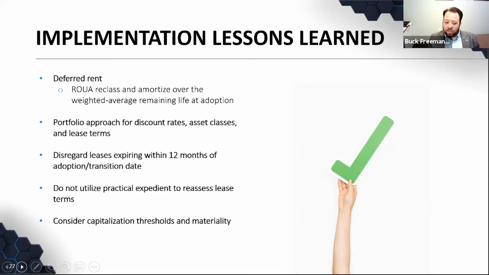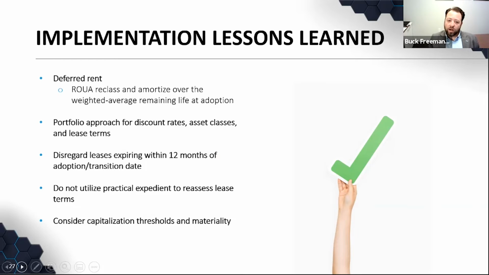The trouble with that is that the software systems that do all these calculations for you for 842 typically calculate a cumulative difference at transition that does not equal what you've been maintaining in your Excel schedule for deferred rent. And I'm not surprised, because those schedules can sometimes have issues, or maybe a payment amount just got miskeyed. So to help relieve some of the issues around managing the lease by lease deferred rent balance, I would recommend reclassing that balance in total as a single contract asset to the right of use asset